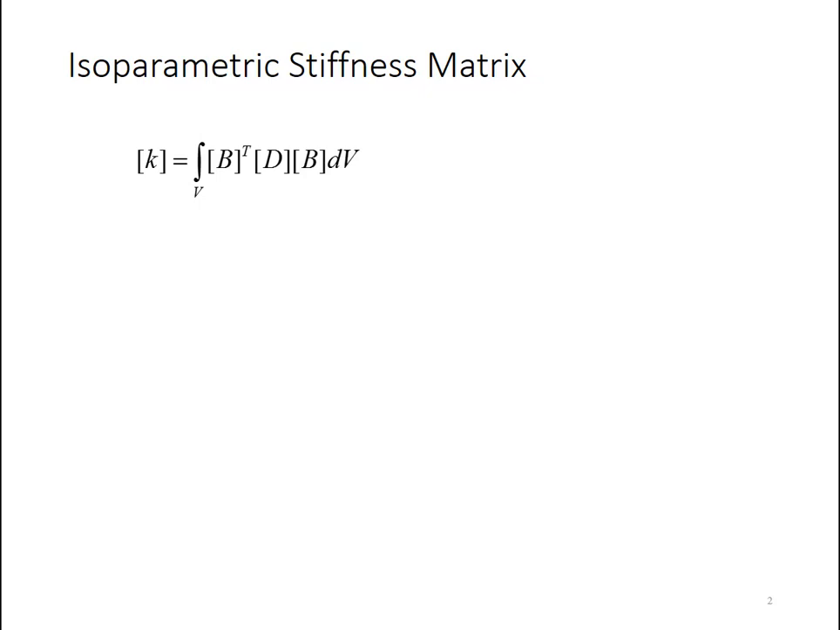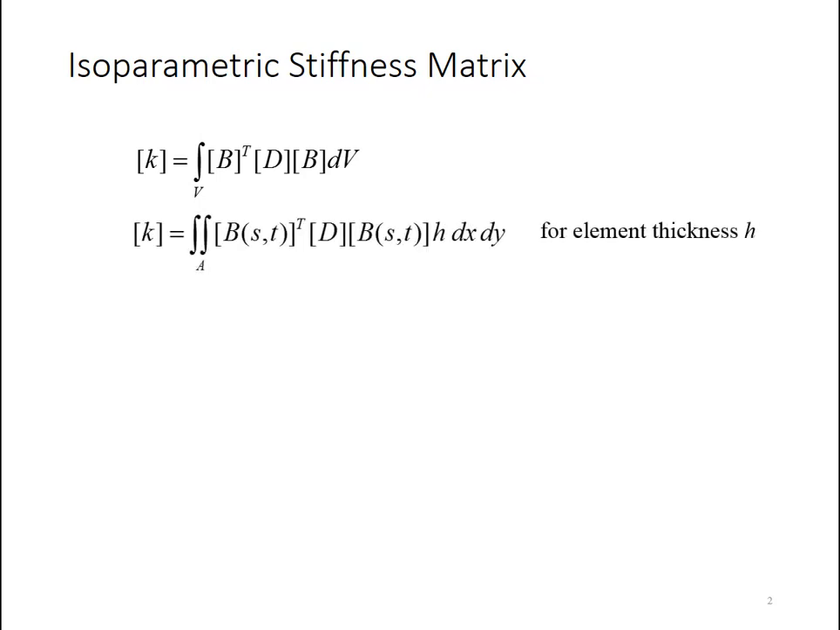B transpose times D times B. But in terms of the isoparametric, we have the B's defined in terms of S and T, and the element in global coordinates in terms of X and Y. What we can do, though, is use the property of the Jacobian determinant, which is that it's equal to the ratio of the areas, global to local. So in